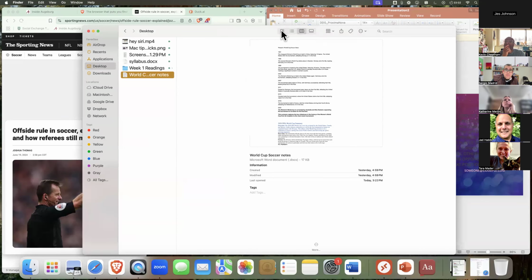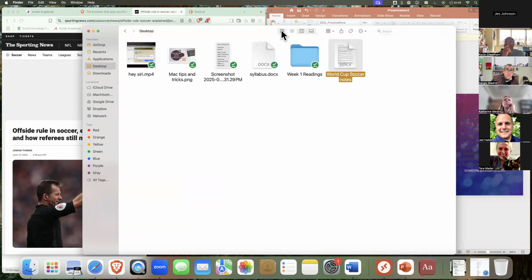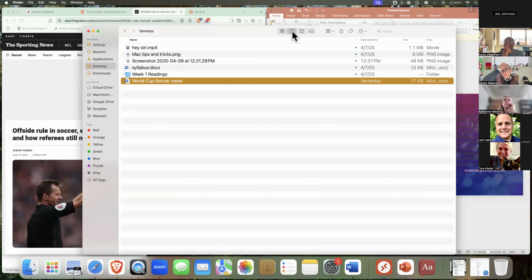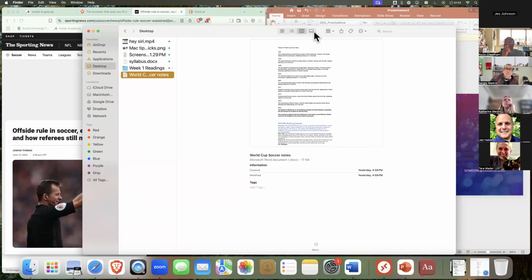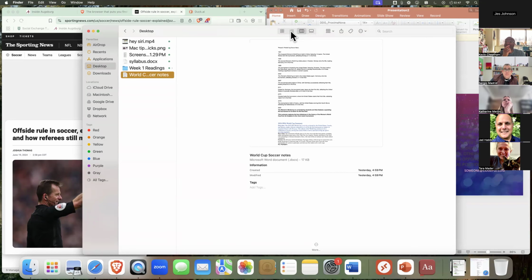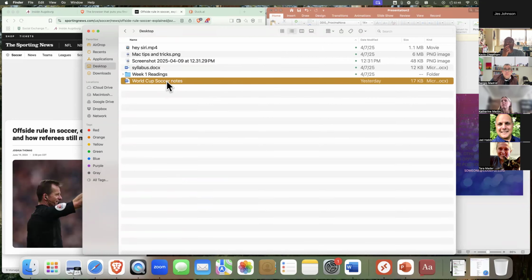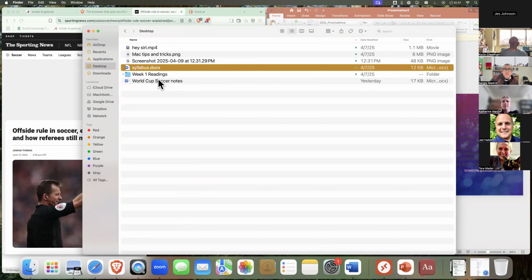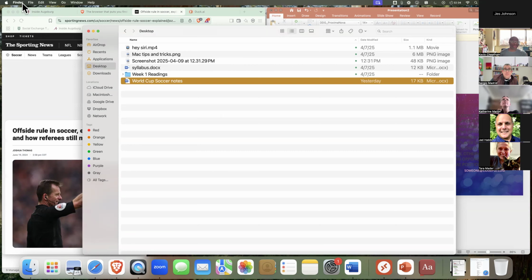Up at the top, you can switch between a tile view, a list view, column view, and a gallery view, which is better for images. I like the list view, but I still can't see that this is a Word doc. I know there's a W over there, but I like knowing what kind of a file something is. I don't know why this one says it and this one doesn't,